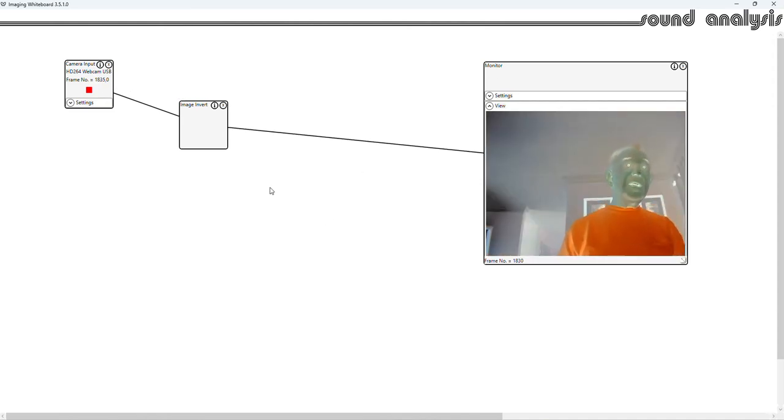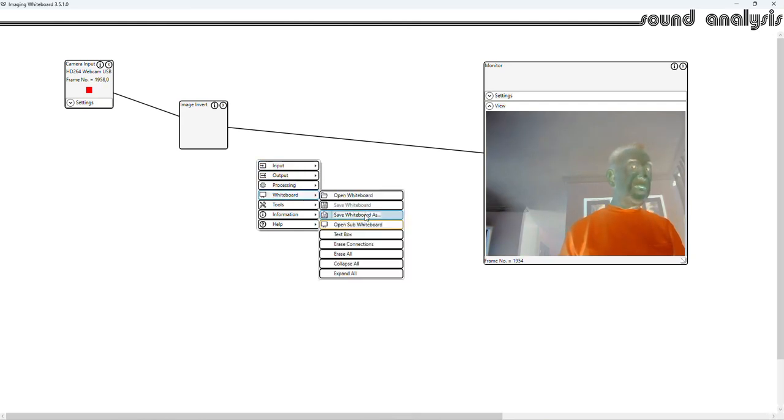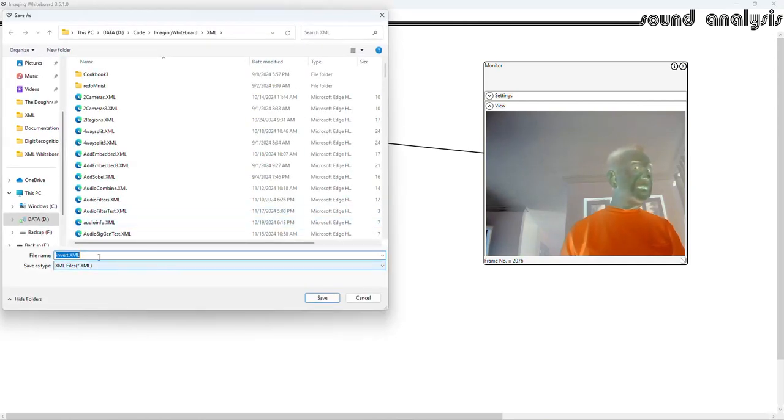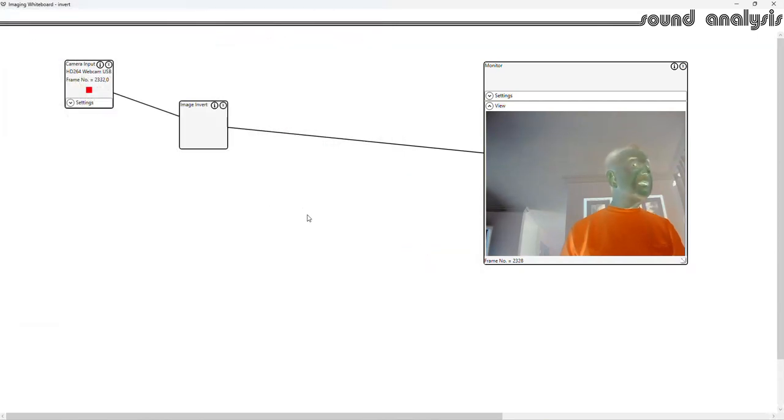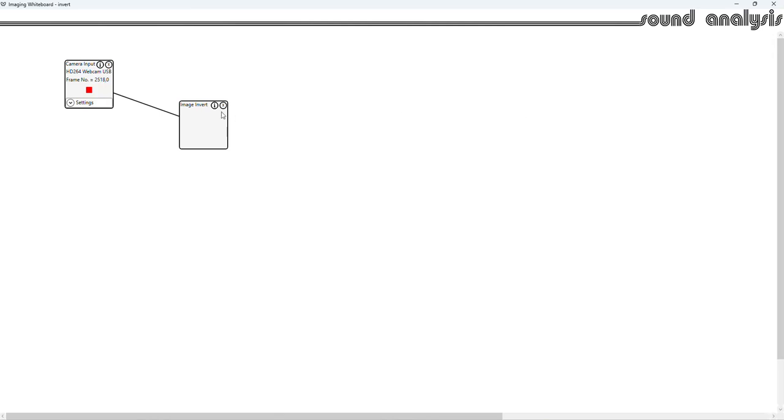Okay, so if we want to save this whiteboard, we can open Save Whiteboard As. Okay, and we'll call it invert.xml. I've been here before. Okay, we will save this. Override it, yes. Okay, now if we go and remove everything here,